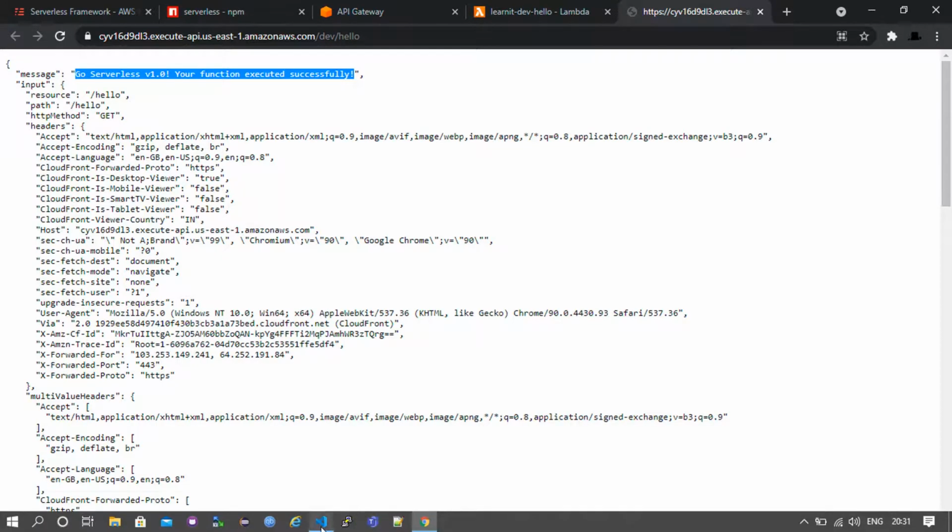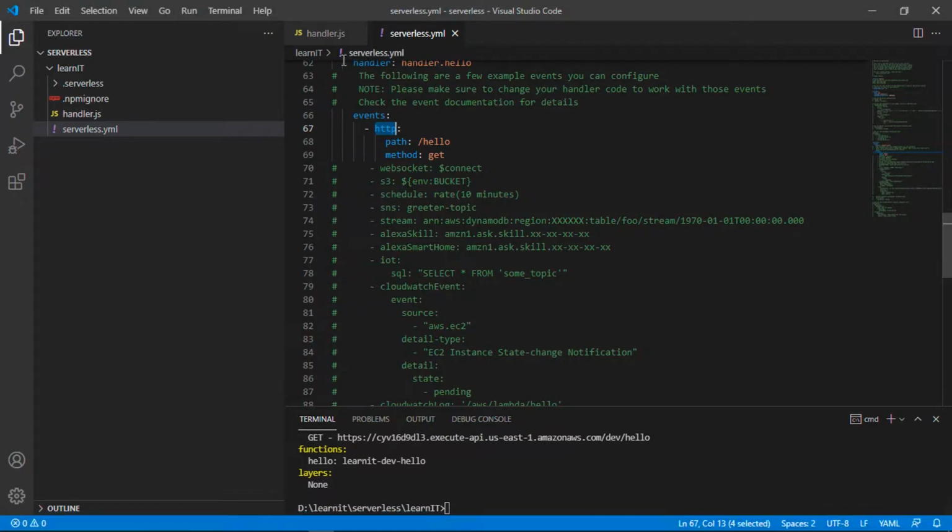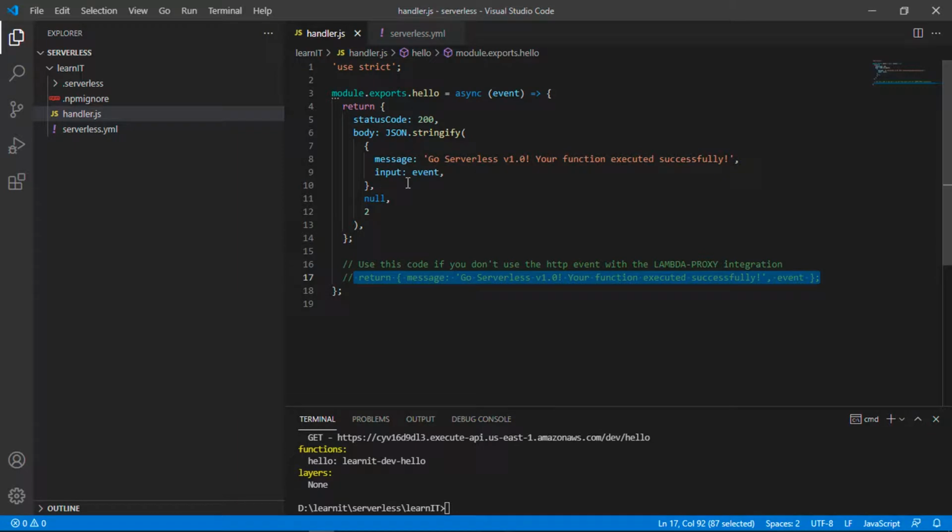Now let's go to the Visual Studio Code again and try to update this response. So you can add any logic here. I am not considering any business logic so far.